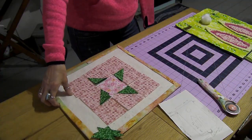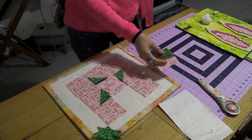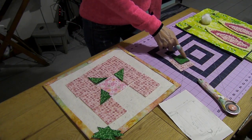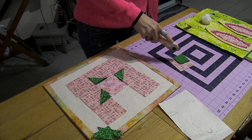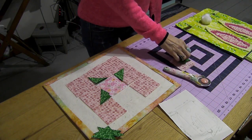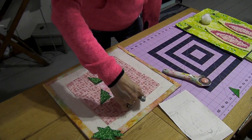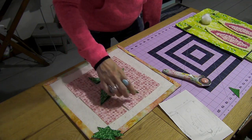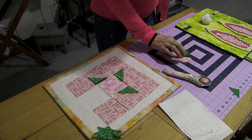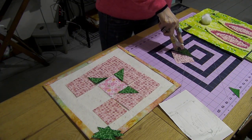Okay? So I've got these all sewed on. I'm just going to cut these back parts off with the rotary cutter. So this little part here that folds over, I want to keep that inside. I'm going to cut this back part off, so I'm just going to take my rotary cutter and just kind of cut that off. And then you fold that back over, and I will set it back on here where I had it positioned. So I'm going to do this with all 4 of these, and then we're going to get on to getting the other